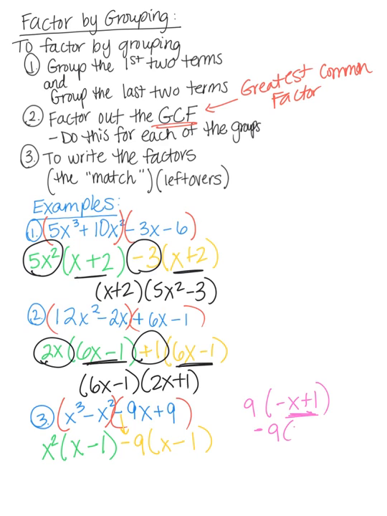If I change the signs, now they match. So I can always keep that idea of they have to match in the back of my mind, so that if I accidentally forget to bring out that negative, it'll help me remember that that's what should have happened. Okay. So going back to our problem here, I'm going to take that match that we have,